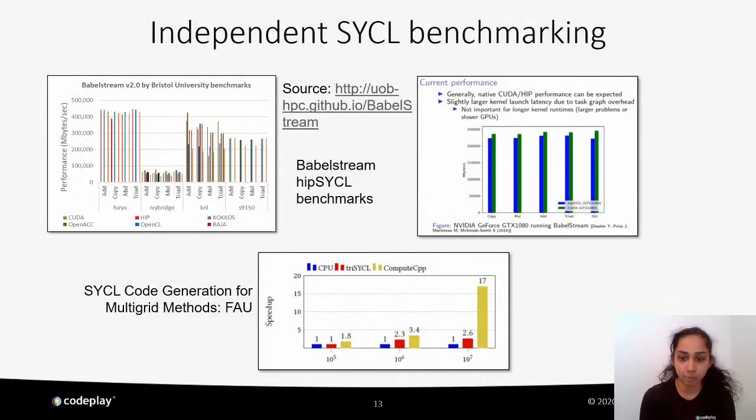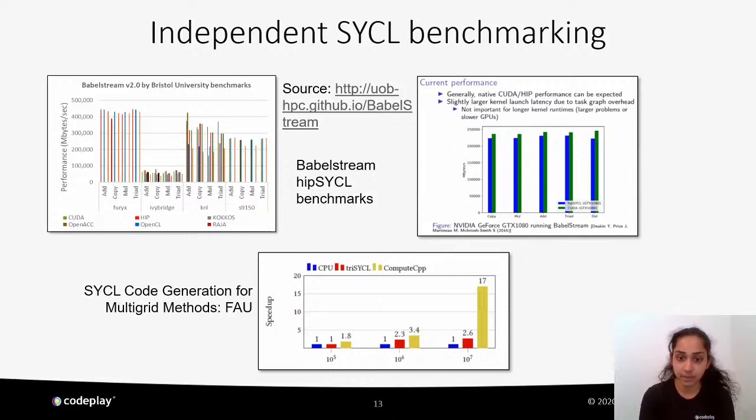Till now, we spoke about the portability aspect of SYCL, how we can write a single program and it can run on different OpenCL compliant processors, as well as non-OpenCL processors like CUDA GPUs. From here, I'm going to be presenting a few slides which represent independent SYCL benchmarking, which show the performance of SYCL compared to native, either CPUs or CUDA GPUs. So the first one over here, the first two graphs,